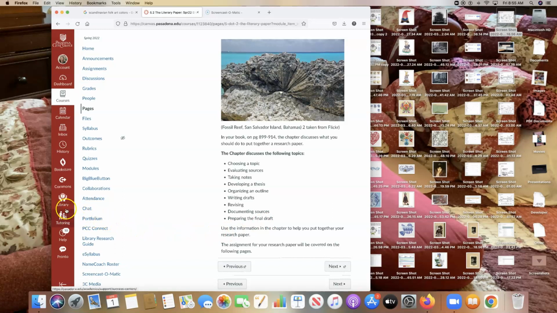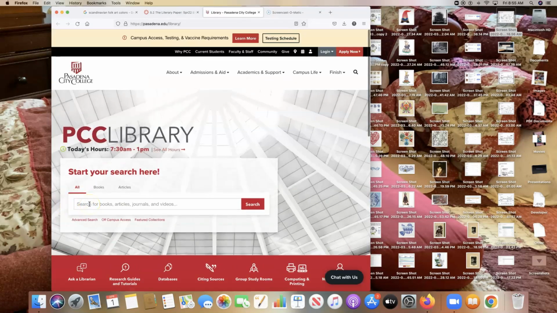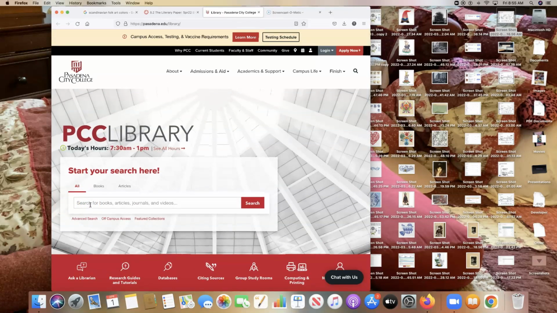Now, you can go into the library website here, and this is a general search. You can put in either the name of the author or the title of the works, and you can get articles and books for the author.